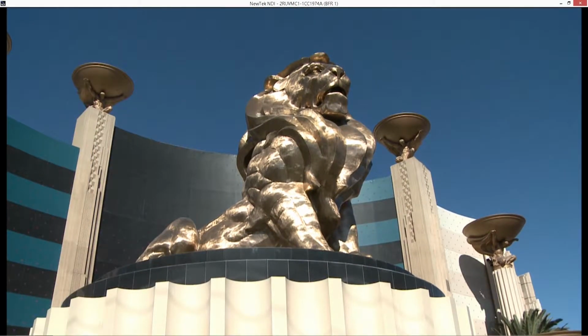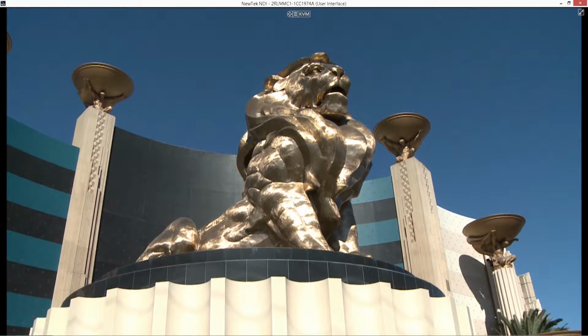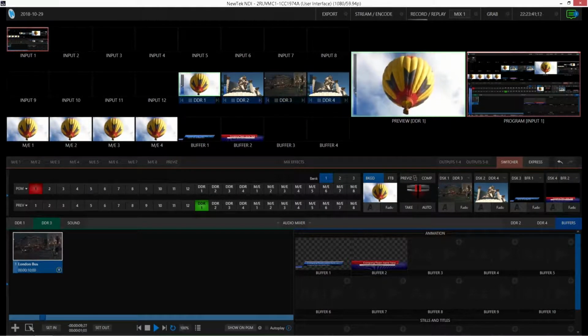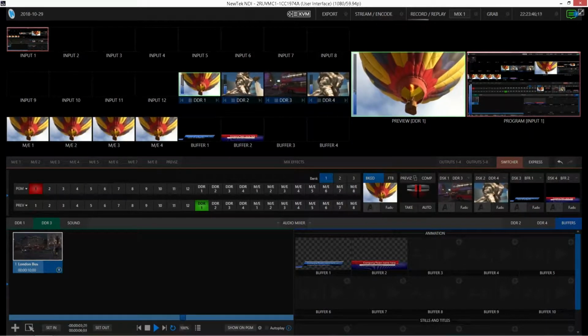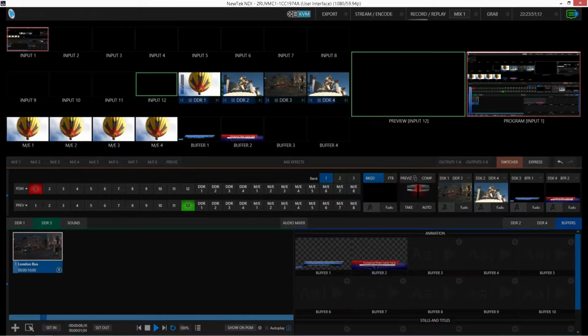Now the one thing about the buffers and stuff, there's different options for different TriCasters. So mine basically will show you different things on here. I guess there's nothing in buffer 1 right now. But one thing that is really cool about this is my unit has the new 7.0 software. And that lets me look at my user interface of my TriCaster. This applies to VMC and TC1s, Newtek. And what this does is you have this little button here called KVM, and once you activate that, now I